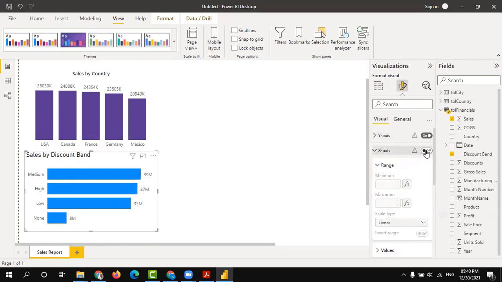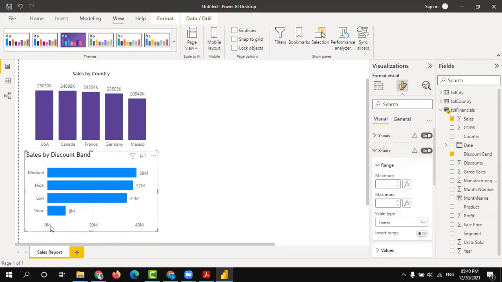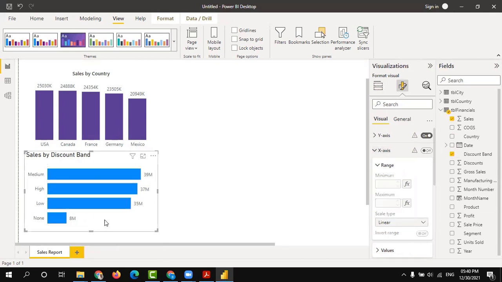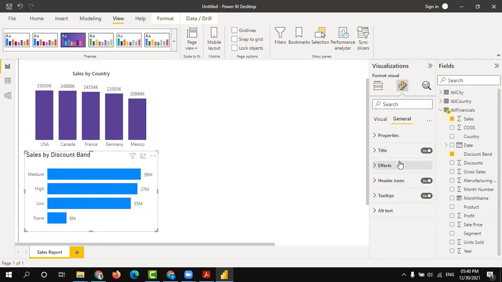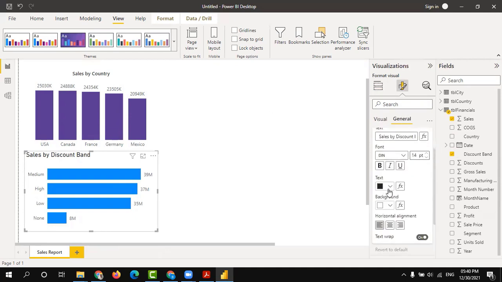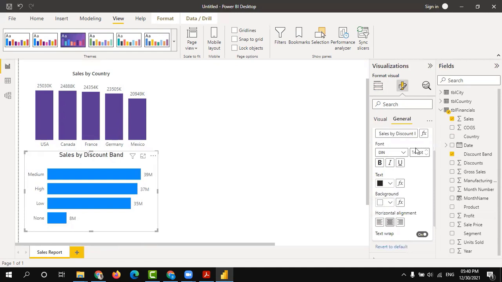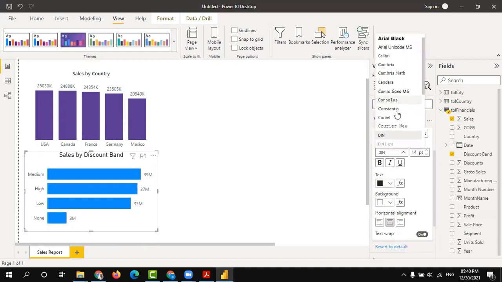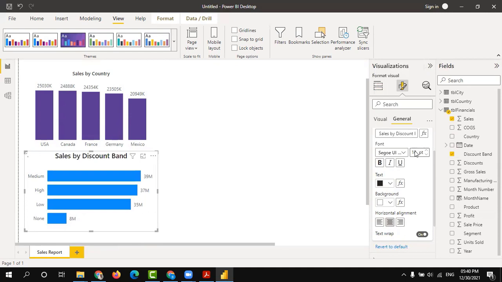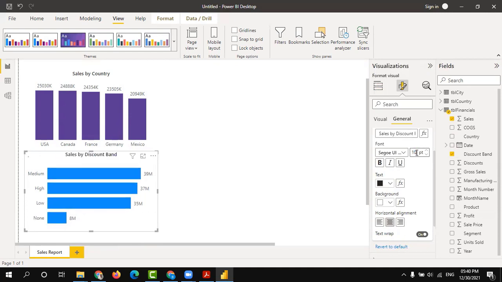I don't want this scale of 0, 20, and 40 million, which is understood by looking at the data itself. And let's format the title. Go to general, expand the title and center it, and take the same font name and give the same size 10.